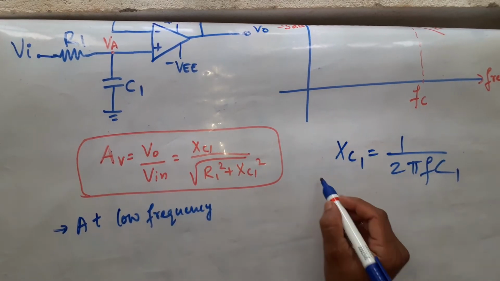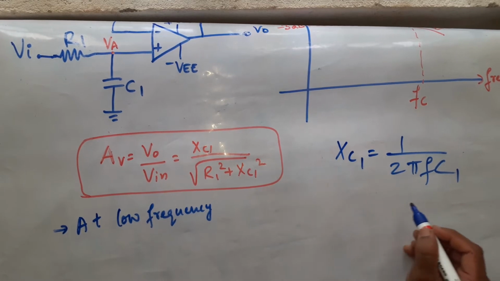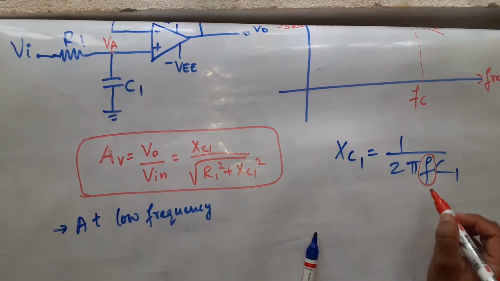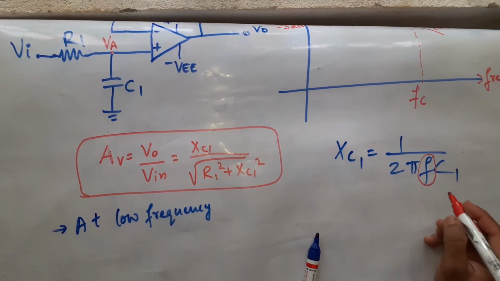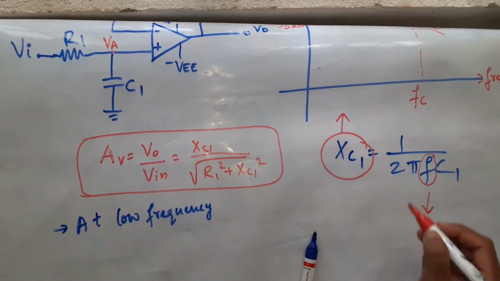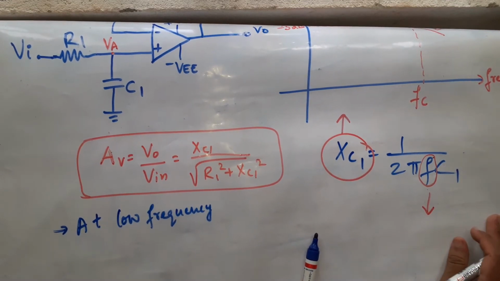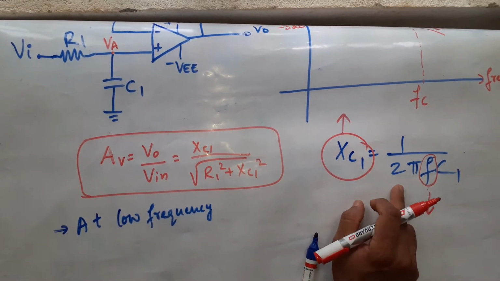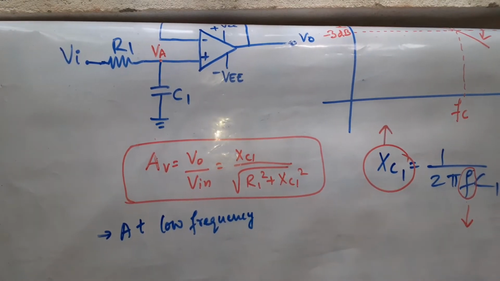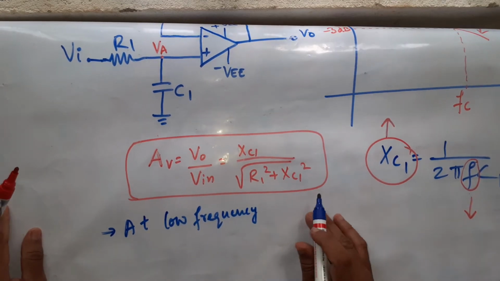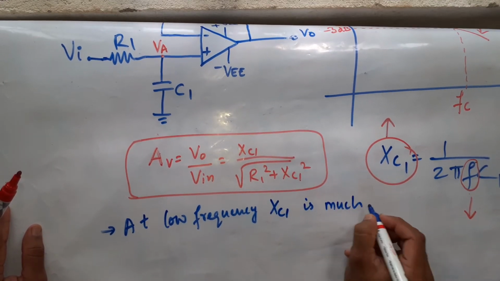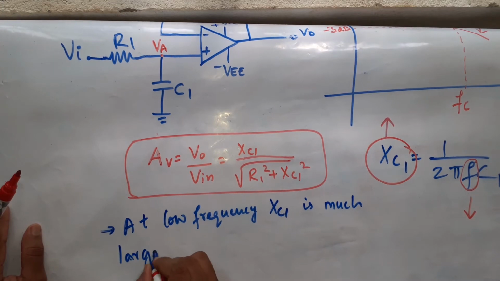When your frequency is less, when the frequency term F is less, what happens to XC1? XC1 term will increase, isn't it? Inversely proportional. When frequency decreases, XC1 will increase, right? If XC1 increases, I'll write here, at low frequency, XC1 is much larger than